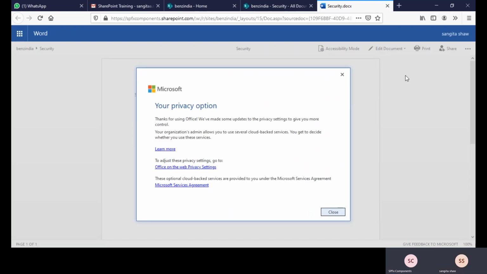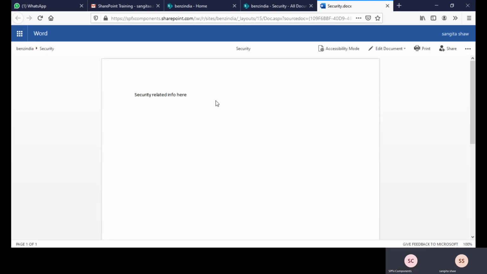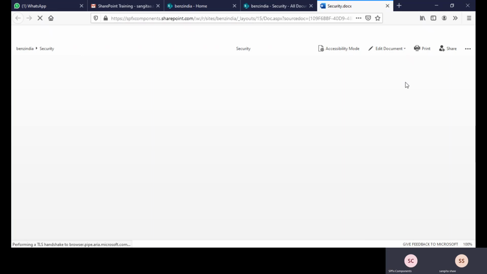Your privacy option. Just close. Can I Yeah. close it? Close it. Okay. I can't edit. Can I click on edit document? Yeah. Edit in browser only. Okay.